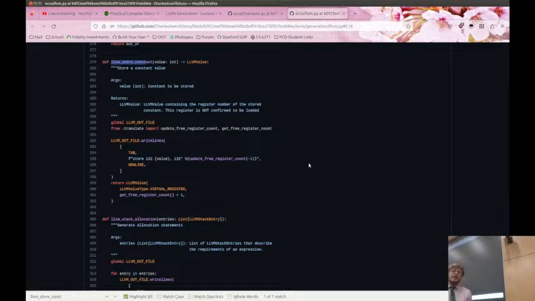So this is where those allocate statements come into play. We're going to get that register number from this update free register count that we looked at. We're taking one away because it's not free anymore now that we've stored a value into it. And that function is going to give us the value of that. And then we're going to return an LLVM value that is a VR with,